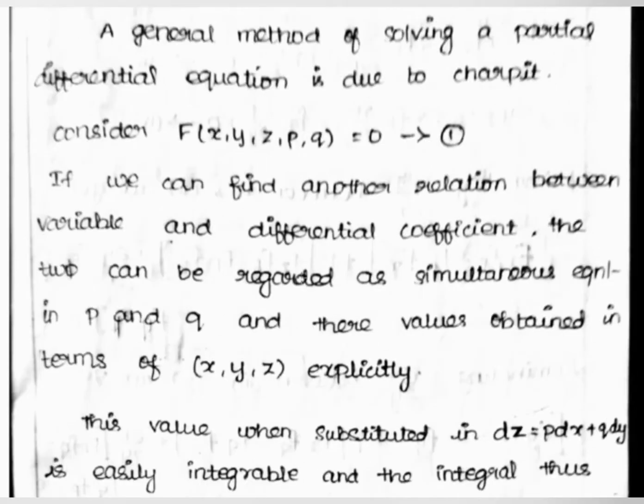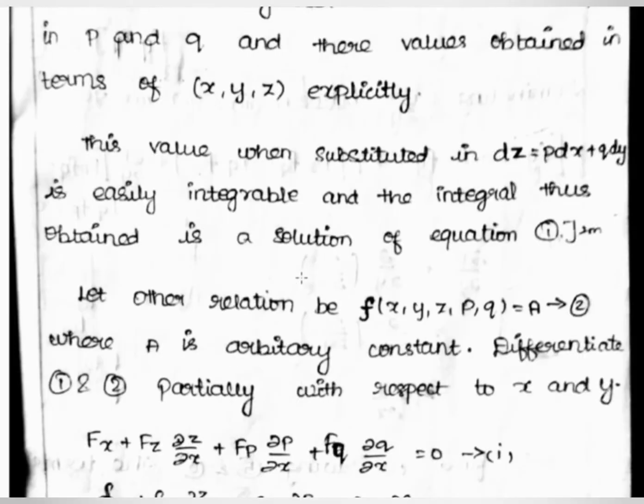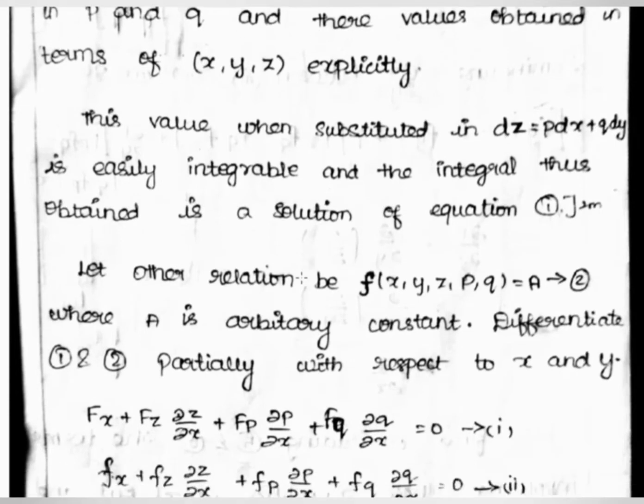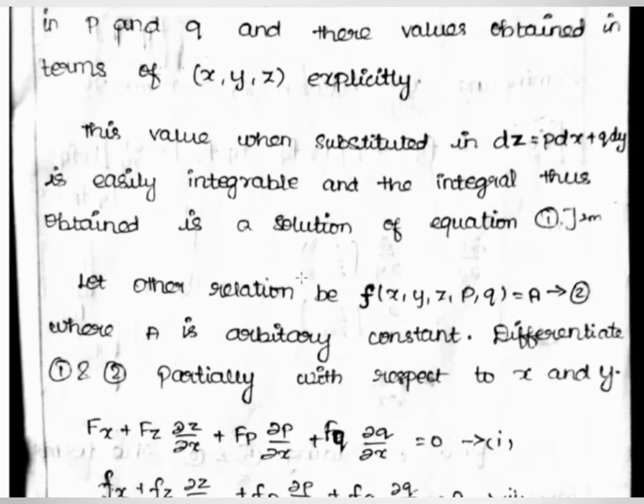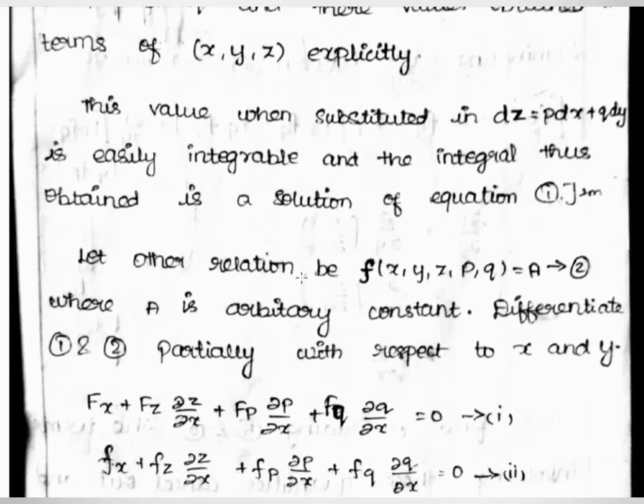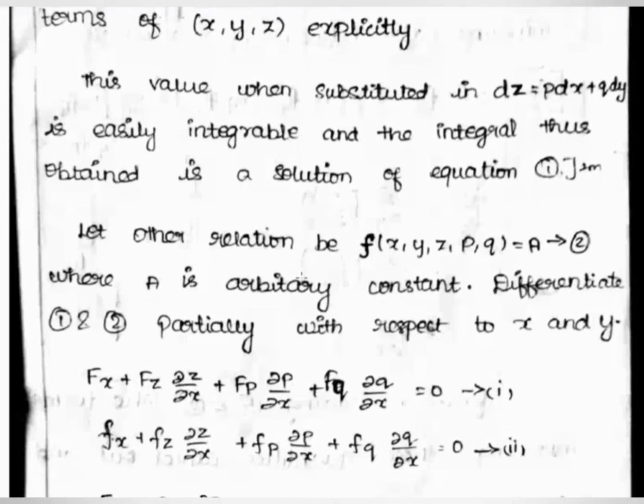This is equation 1 here. Similarly, for equation 2 with respect to x, that is small fx plus, and here also y is a constant, so differentiating with respect to x gives 0. Next, fz into dou z by dou x. Similarly, fp into dou p by dou x, and fq into dou q by dou x. You have to make it equation number 2 here.